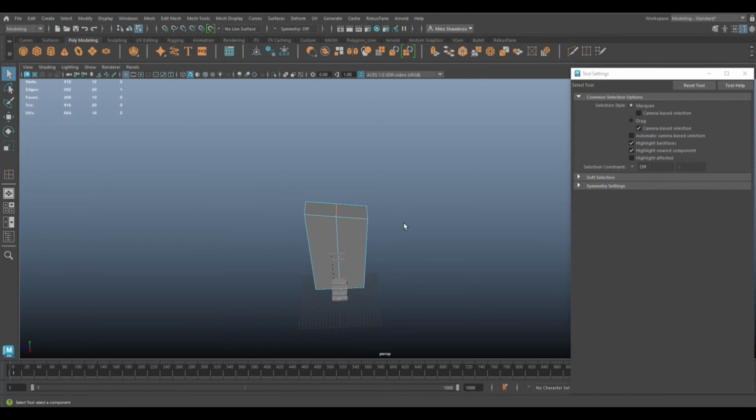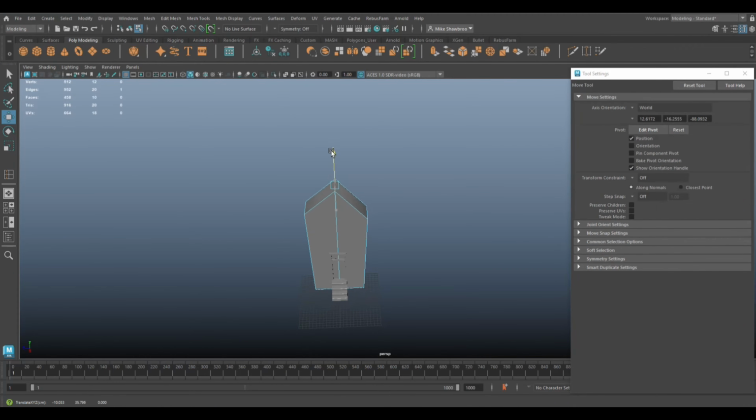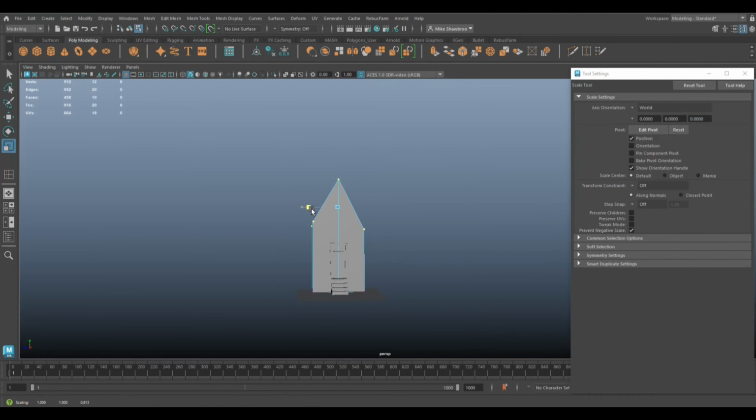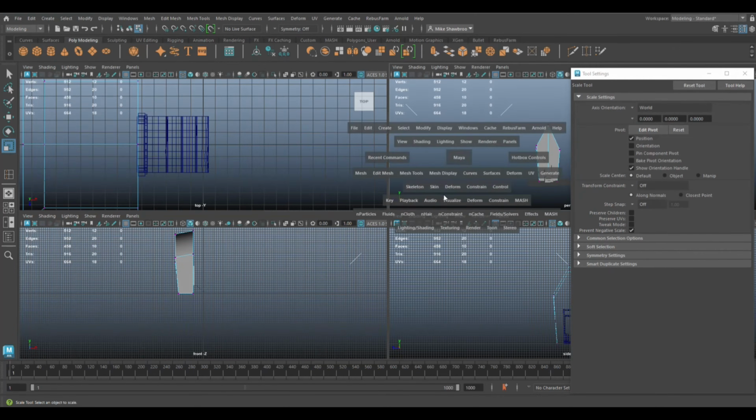Hit Q on the keyboard, grab it, hit W, move that up, and now that we have kind of the overall shape, we're going to grab all these vertices, bring it down, and I want to bring them all in, which means that these need to come in even further. That's maybe a bit much. Okay. All right. So now that we have that,